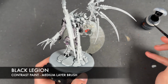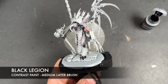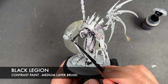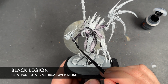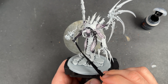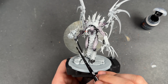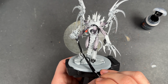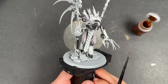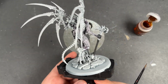Like that. And the last black detail is going to be the haft of the hammer over here. Now whilst this is going to be a sort of red colour later, we just want to get a nice coat of Black Legion over the top of it. So with that Black Legion applied to all of those details, as you can see, all the way around,